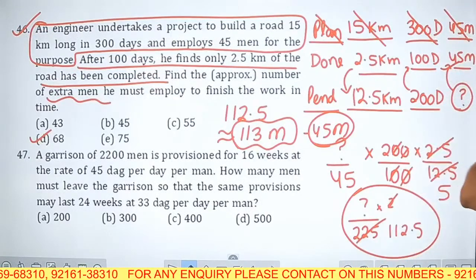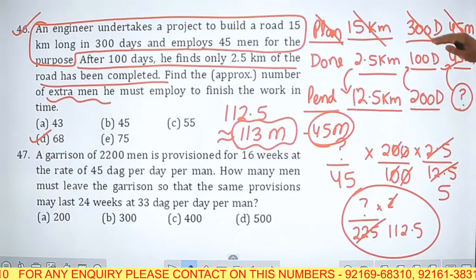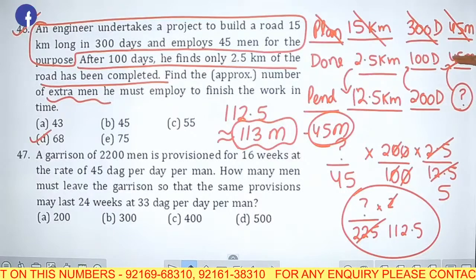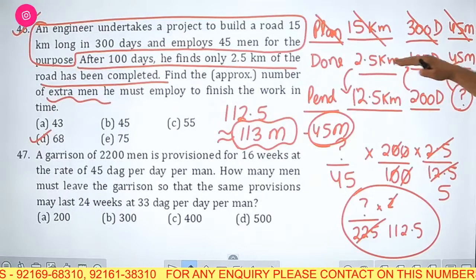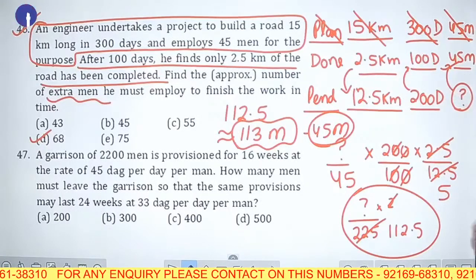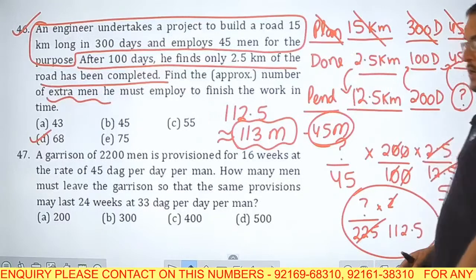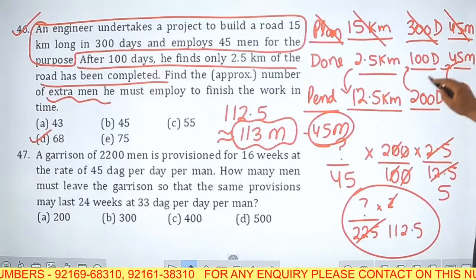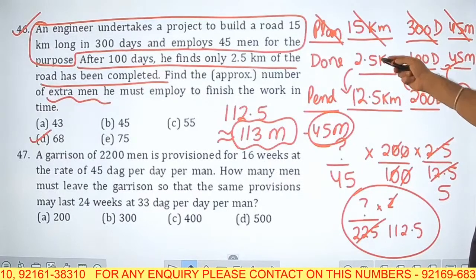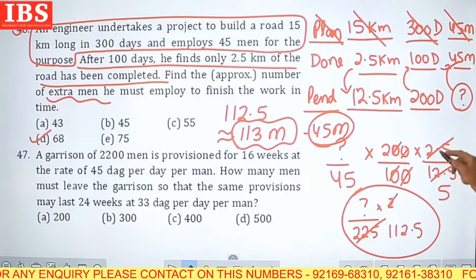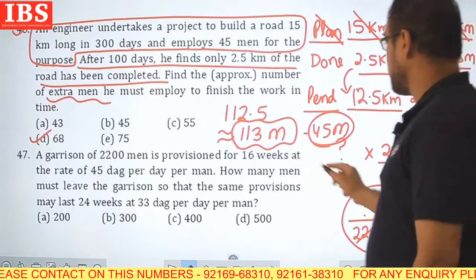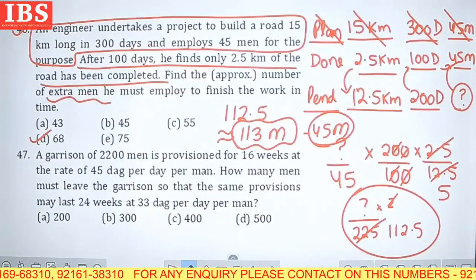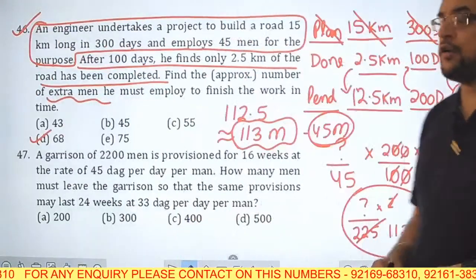Okay, so you need to do this question in these 3 steps. This was the planned step that never executed. This was the step that we could execute, and after execution, this is still pending. So we compare pending with done. Pending with done, we calculate by question mark by 45. This is 200 by 100, and this is inverted because this is work. So 2.5 divided by 12.5, so this is 1 by 5. So this will come out to be 112.5. This is 113 minus 45. This is 68. More men will be required to do this kind of job if they need to finish the work on time.